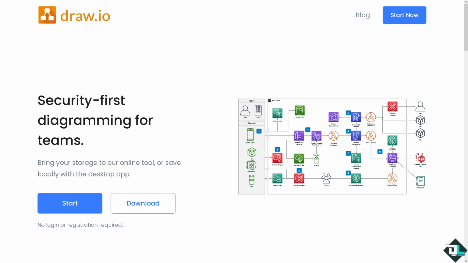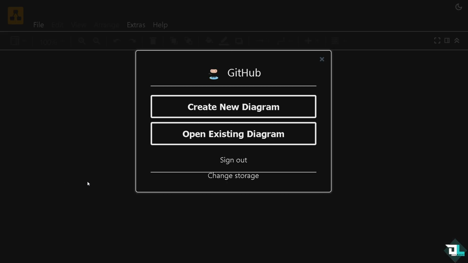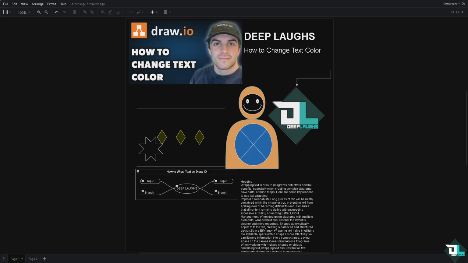In today's video, we are going to show you how to change the text color. Let's begin. Now, the first thing that you need to do is to click the start button. If this is your first time in Droyo, just follow the on-screen instructions and you're good to go. Changing the text color in Droyo is a simple process that can improve your diagram's clarity and visual appeal in a lot of ways. Now, once you open the Droyo application on your computer or log in to the website,